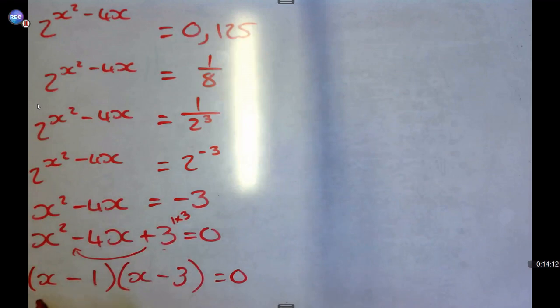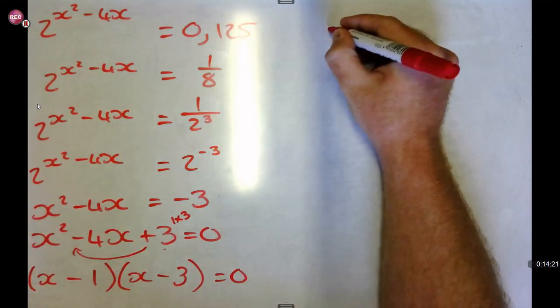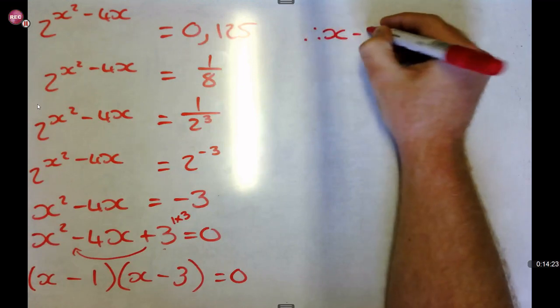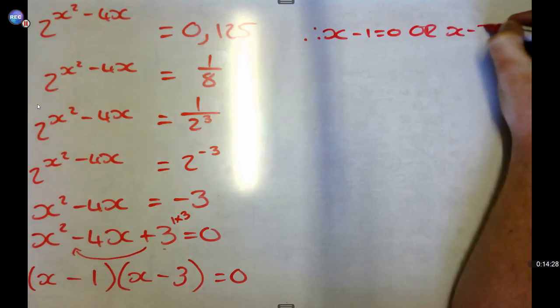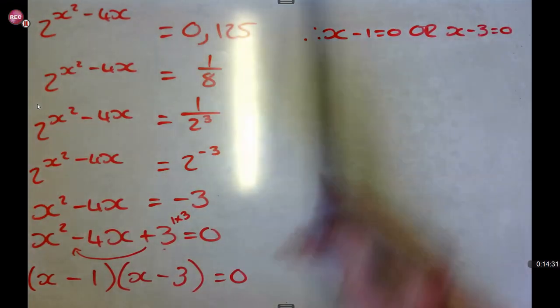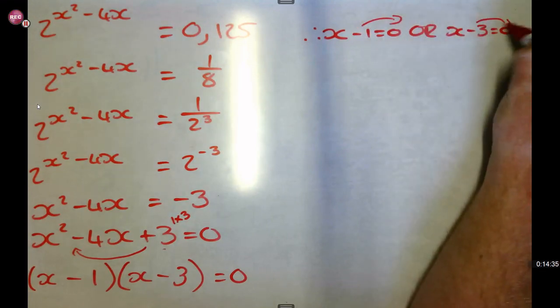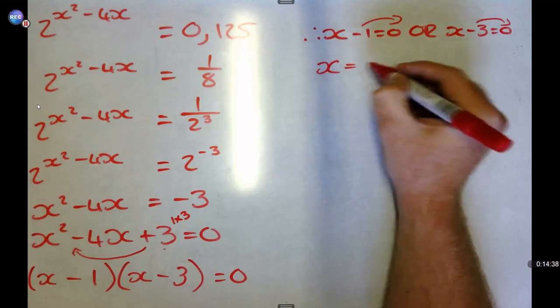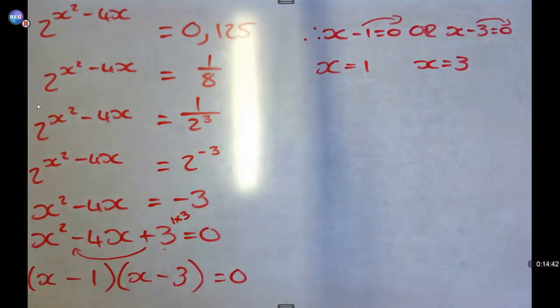Okay, but now because this whole thing here is an equation, I'm not done here. I need to go and finalize it. So let's work here. So what we then do is we say, therefore, x minus 1 is equal to 0, or x minus 3 is equal to 0. Okay? Which would then tell me that I need to carry the 1 over and I need to carry the 3 over. So at the end of the day, x will be equal to 1, or x would be equal to positive 3. And that is your final answer.